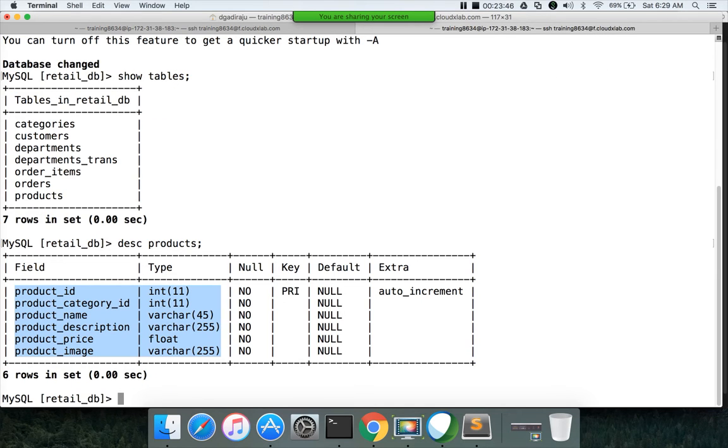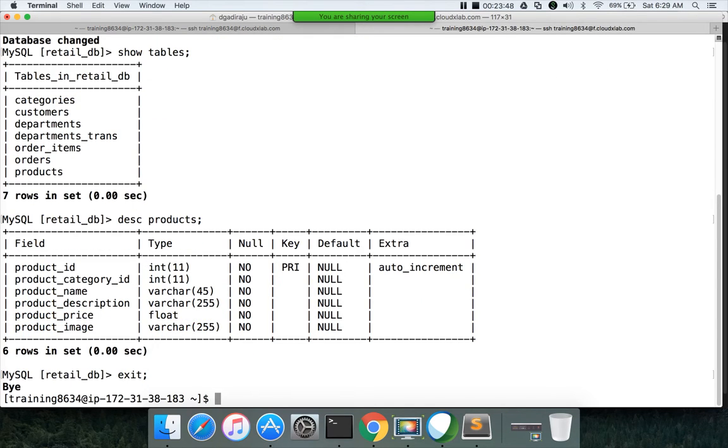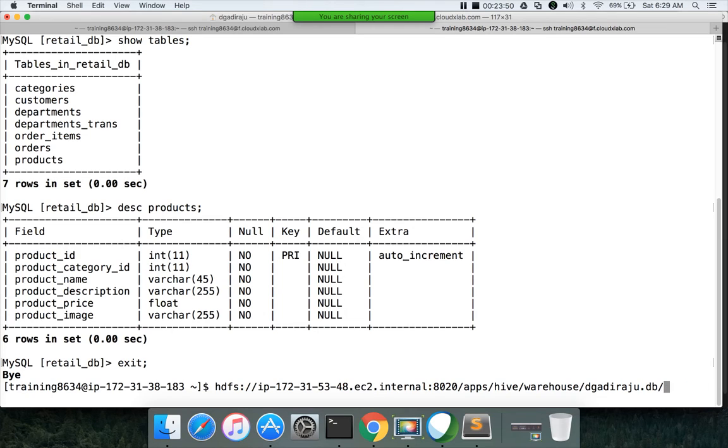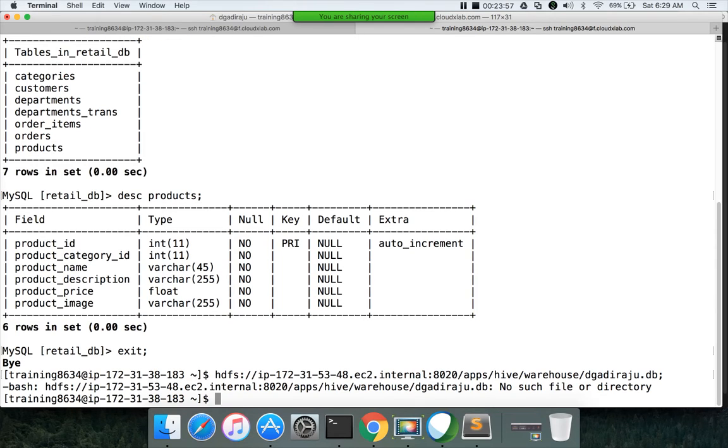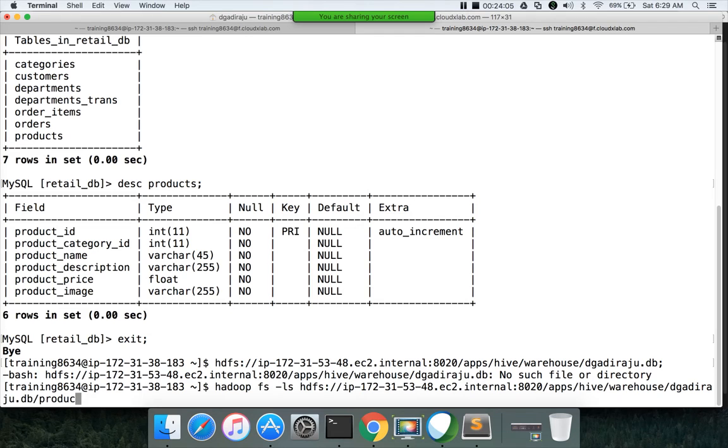We will see that. I am exiting from MySQL, removing these products and query, and trying to get the details at my database level. Here I have to say hadoop fs -ls, paste this one and remove the table name.